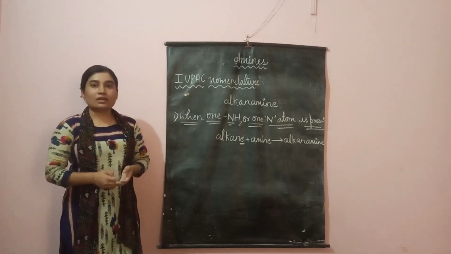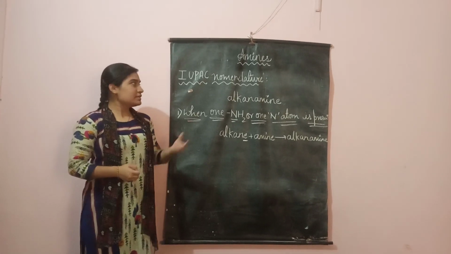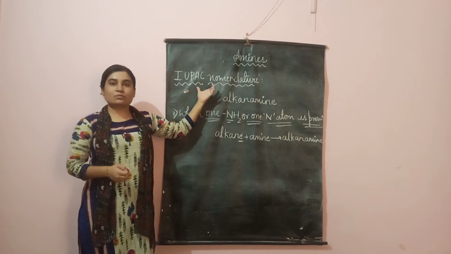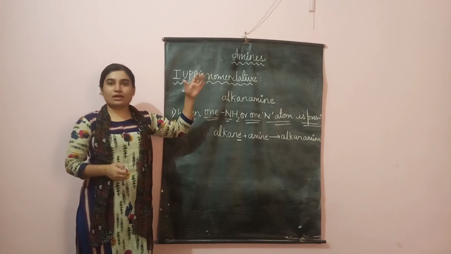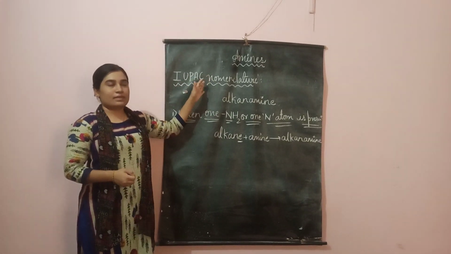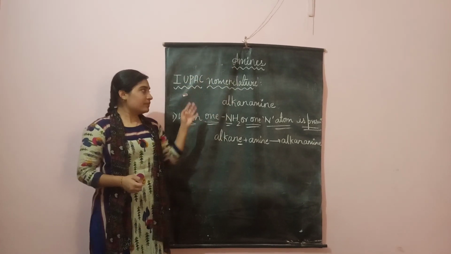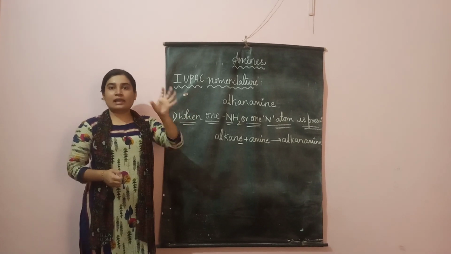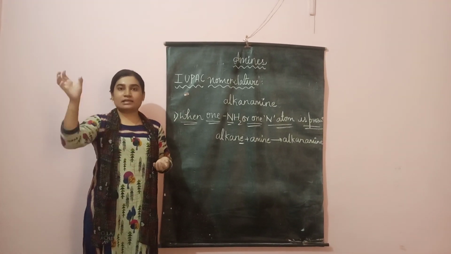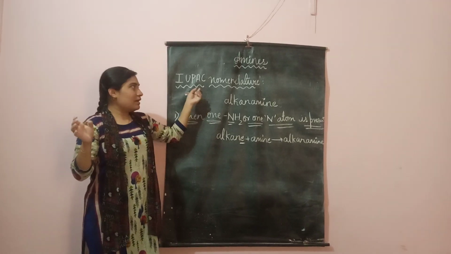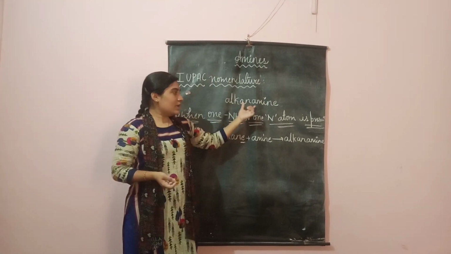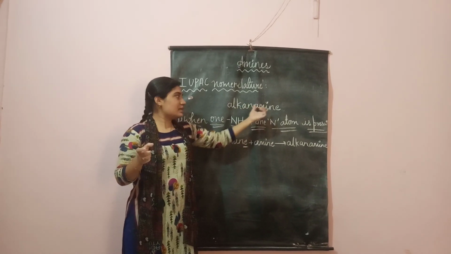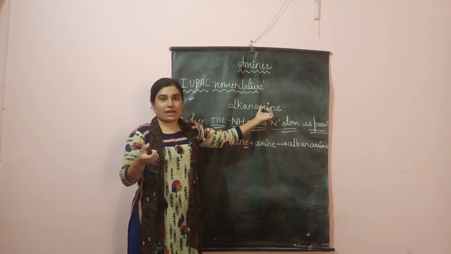We have completed with the common nomenclature, that is the trivial nomenclature. Next we'll move to IUPAC nomenclature. This is very important. This will be asked both in your competitive exams as well as in your theory exam. So how to give the IUPAC nomenclature for amines will be learned. Now I had already given a format for common nomenclature. What was that? Alkyl amine was the format. First take the alkyl's name, then we'll be adding amine. In the same manner, the format given is alkane amine. So here what will we be taking? Alkane name will be taken first, and next the suffix amine will be taken.